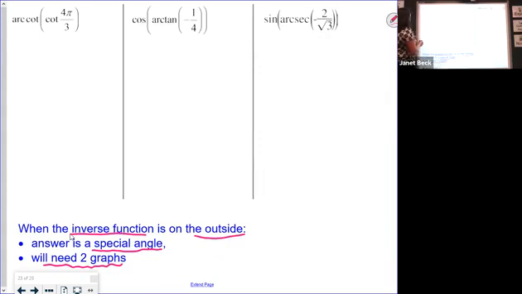Okay, let's try this then. Will they cancel each other out? Think about where 4 pi by 3 is. No. Inverse cotangent cannot give me the answer 4 pi by 3. So my answer is going to be something else. So let's do the inside first. The cotangent of 4 pi by 3